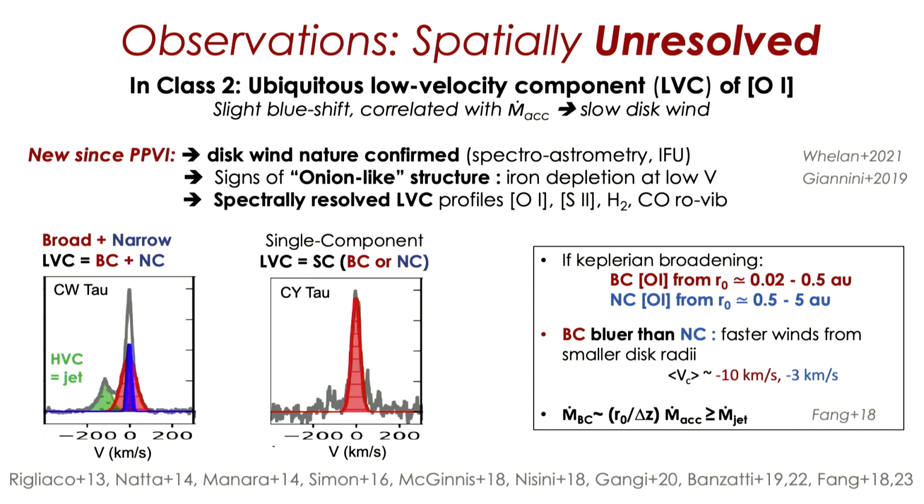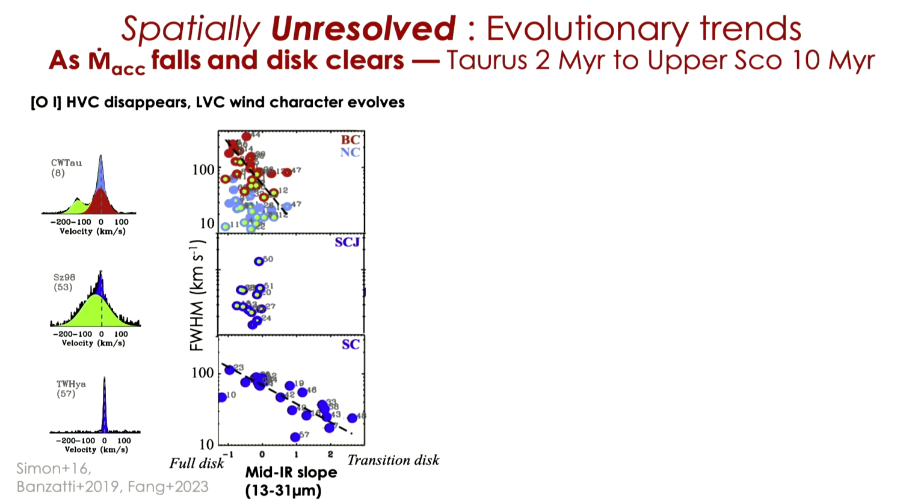And finally, if you try to estimate a mass flux, which is hard because you don't spatially resolve the emission, but if you assume a reasonable emission size compared to the launch radii, you find that it's actually a bit larger than, or the jet mass fluxes are comparable. So it's quite sizable. Another new finding since PP6 is that there are some evolutionary trends in these low velocity